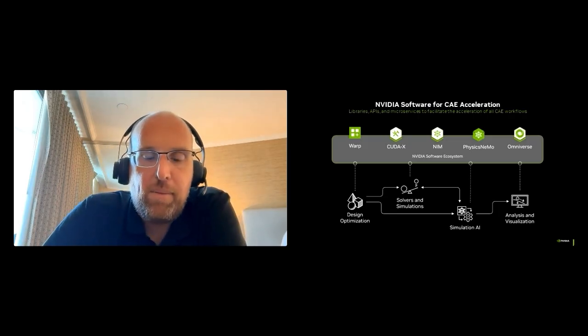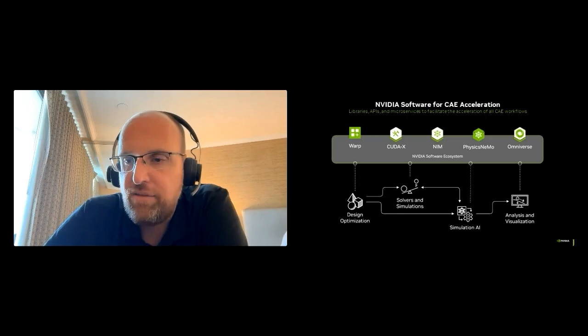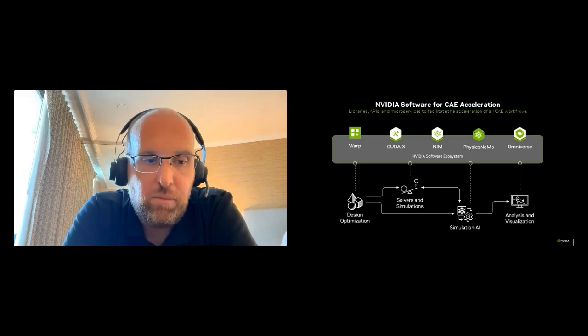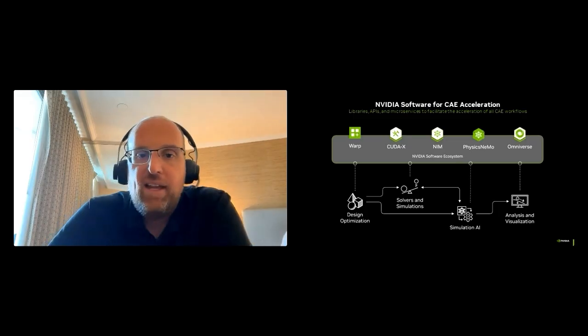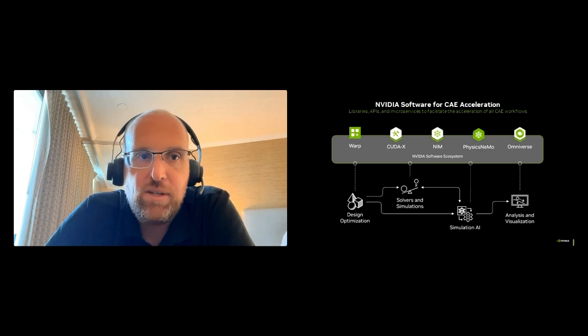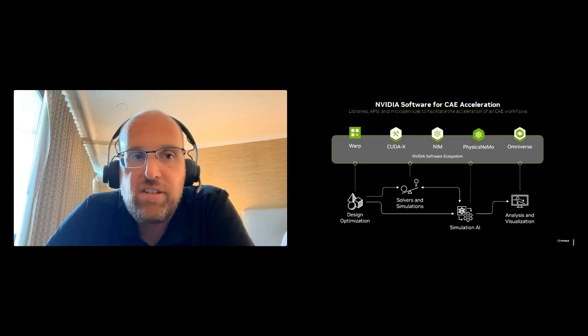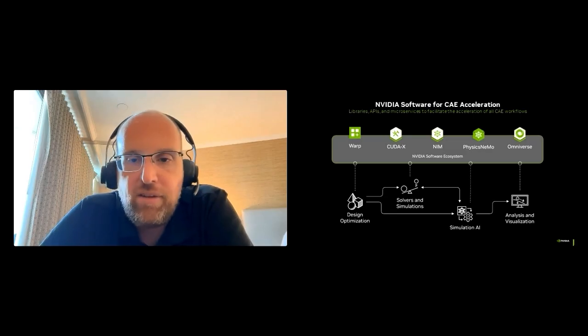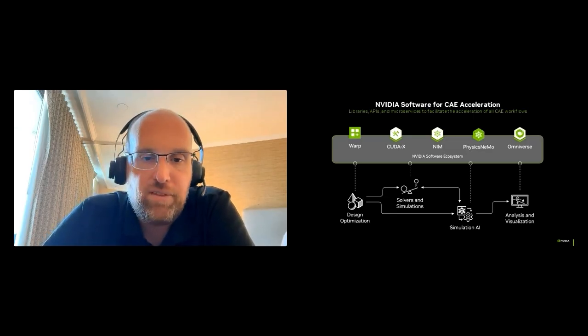The other one I'll talk a little bit about is probably Physics NeMo, which is our toolkit for creating these surrogate models that we'll see later on in the demo, right? This contains a whole range of different architectures and underlying pipelines to hopefully make that easy to implement into a program. And then lastly, Omniverse, which gives us this ability to visualize in a photorealistic way our simulations, because sometimes we want to create realistic digital twins of what we're doing, and the Omniverse APIs can really allow developers to create that.